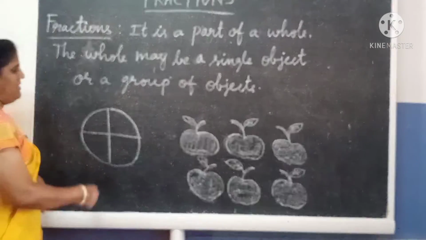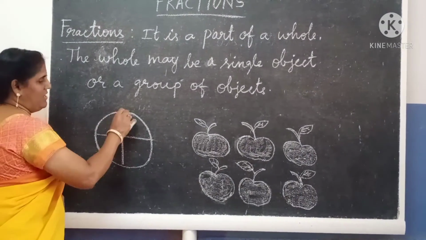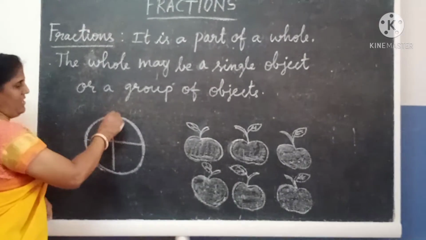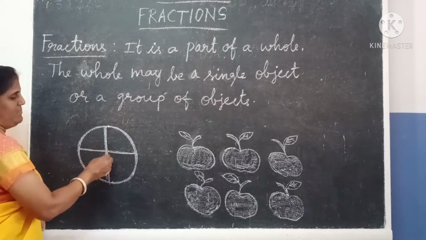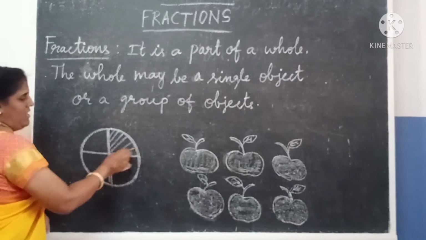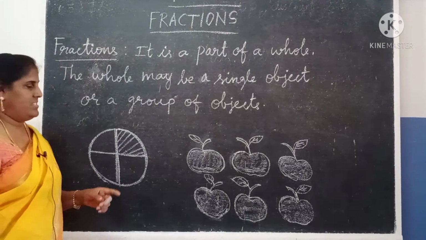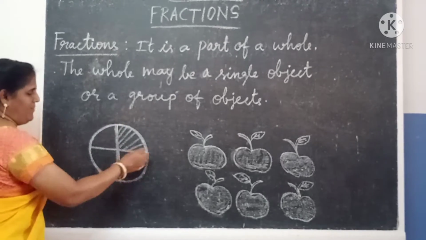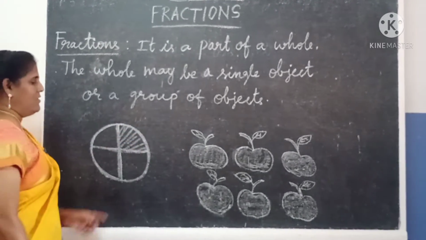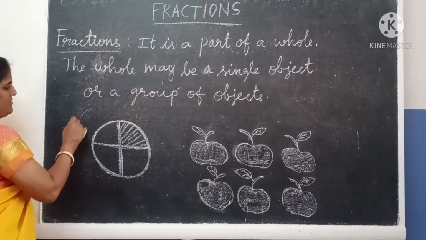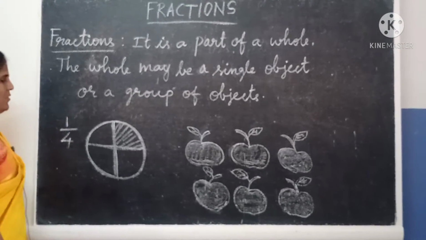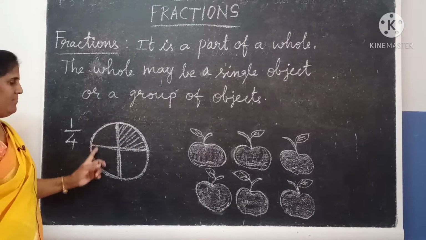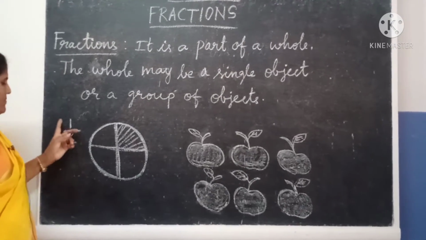For example, see, here I am going to take one cake. It's a circle shaped cake. In this cake I am going to divide it into 4 equal parts. I ate one piece. First of all, see, it is a whole. I am going to divide it into 4 equal parts. If I shade one part, that means I am going to eat this part, so what is the fraction? The fraction is 1 by 4. The shaded portion is called 1, and the total number of parts is the denominator. So the part is 1 by 4.